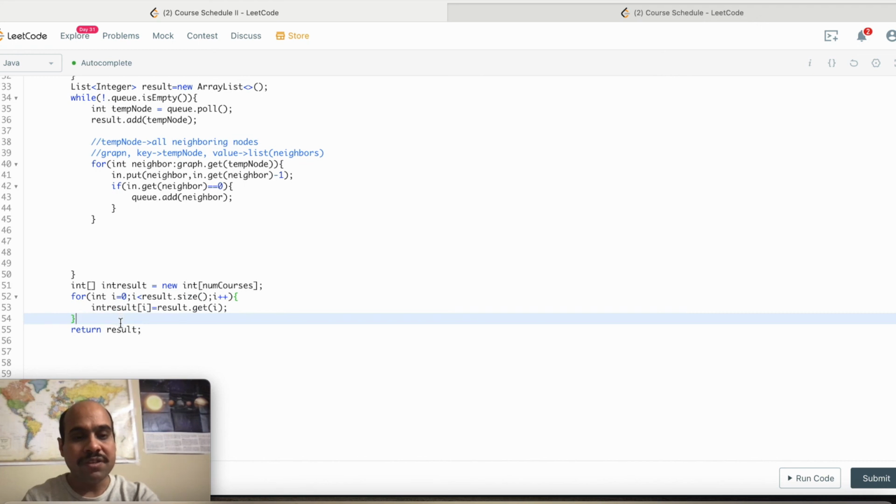So this is the happy path, but we already discussed that for the negative path, the size of the result won't be equal to the number of courses.